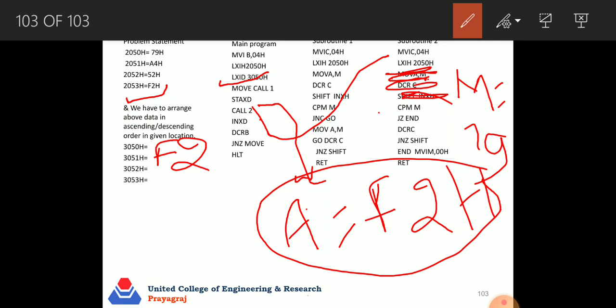Next instruction is JZ. JZ means jump if zero. It is a very important instruction. It compares the memory content with the accumulator, and when the result becomes 0, then it goes to the next location. Then it will become DCR C. After the DCR C,